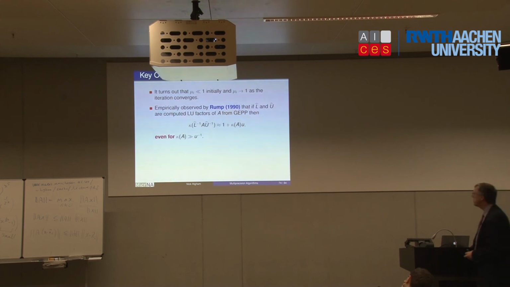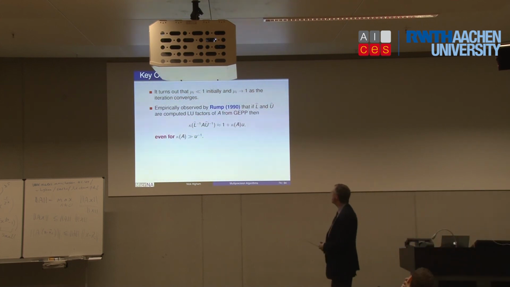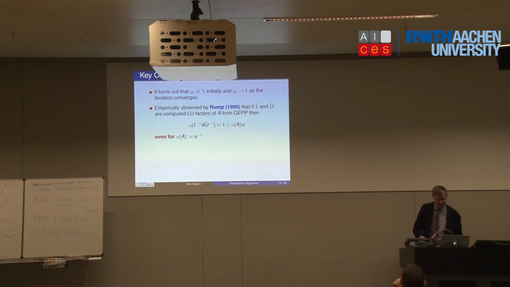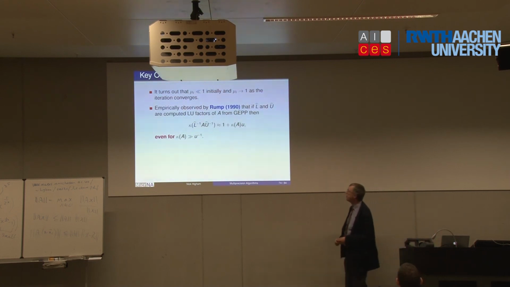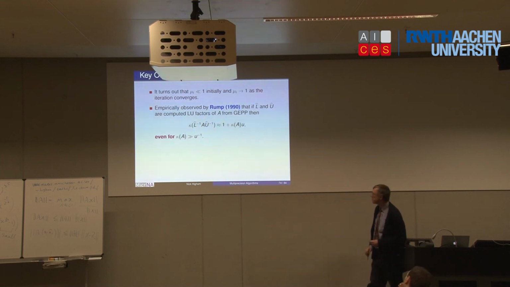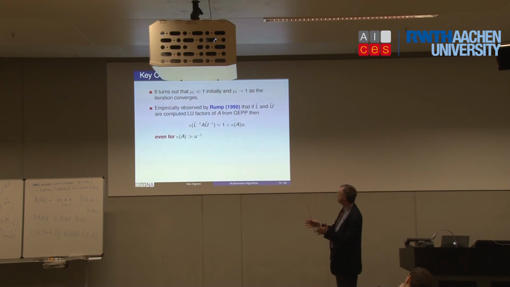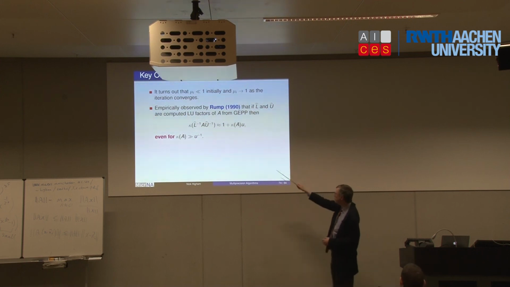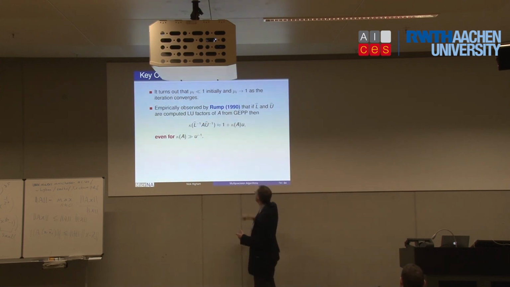Well, here's an observation that I found in an unpublished technical report from 1990 by Siegfried Rump. So he says, if you take a matrix A and you factorize it LU, and you then multiply the inverses of the factors back into A, then you will get a condition number of that new matrix, which is roughly 1 plus kappa(A)u. So the original has condition number kappa, which let's say is 10 to the 16 for a nearly singular matrix in double. But just this preconditioning will reduce the condition number by a factor u. And this even works when the matrix is numerically singular.